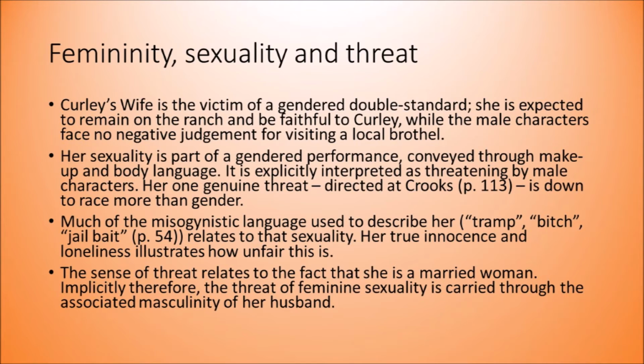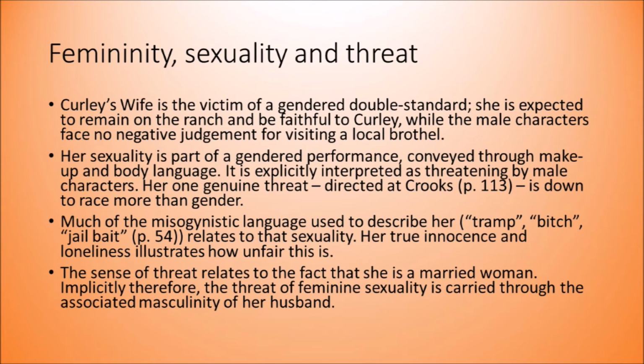Now, her sexuality raises a whole new issue, which is the idea that gender involves an element of performance. Certainly sexuality involves an element of performance, which comes across through her makeup, through her body language. When we see, for example, her throwing her body forward, that is a performance of gender and a performance of sexuality. So one of the ways you can look at gender in this novel and in fiction in general is in terms of the way characters act certain roles.